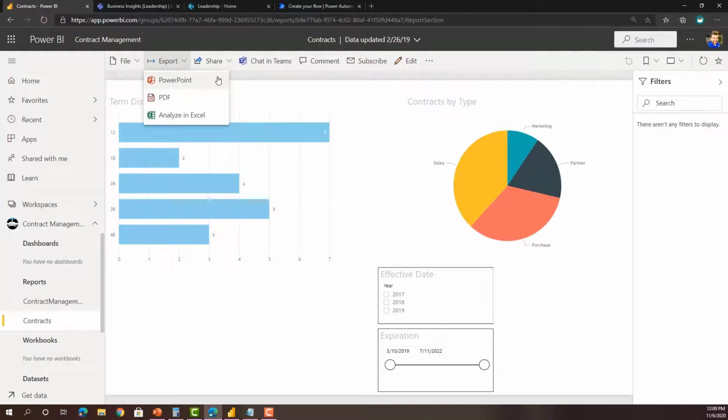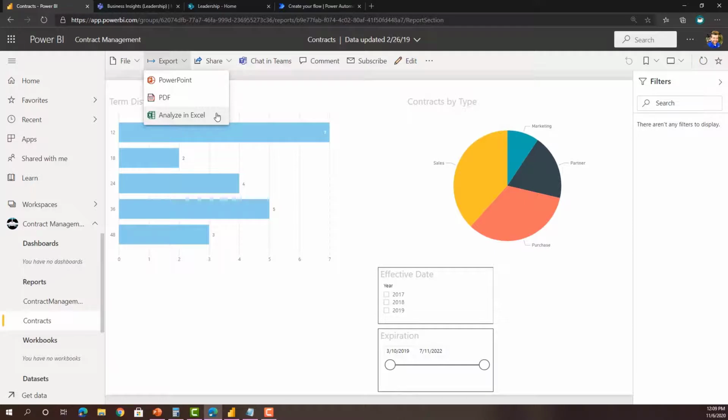So if we're giving a presentation, that's the quick and easy way to get started with publishing our content as slides. We can export as PDF, which I mentioned in the Power BI Desktop as well. And we can also export to Excel in this Analyze in Excel function, which is really powerful. It's not just dumping the data into cells in Excel. We're able to use pivot charts and such to really analyze the data there in Excel. So we're exporting it there.